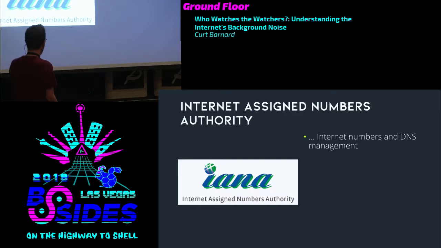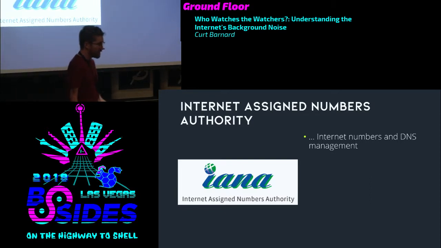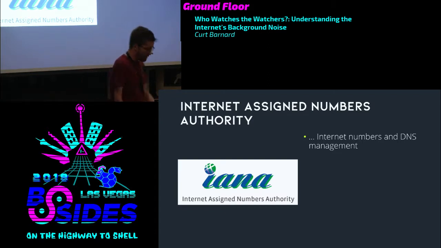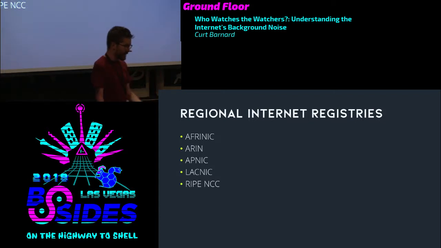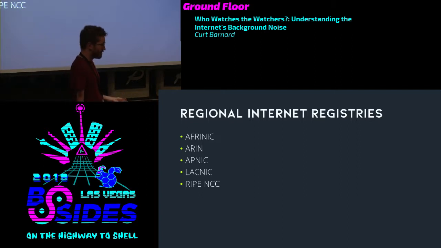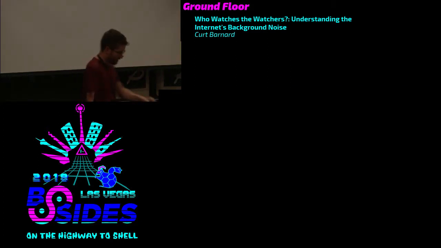Then IANA, if you've heard of IANA, this is the OG responsible authority for delegating IPv4 addresses and IPv4 networks. They actually predated ICANN, but have now been reorged under ICANN, but they still do the same thing, I guess. So they're responsible for internet numbers and DNS management, except they delegate it further to the regional internet registries that are responsible for dishing these out to organizations within their areas of responsibility, which look strikingly like,